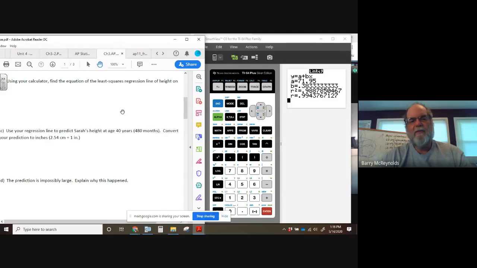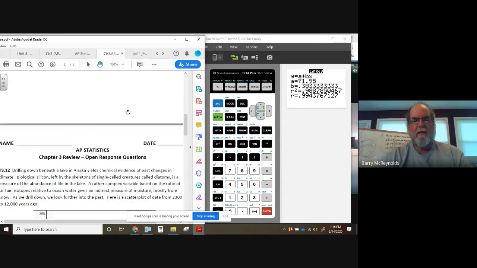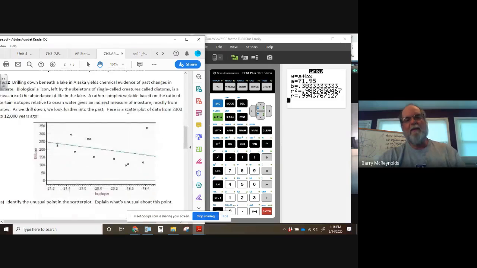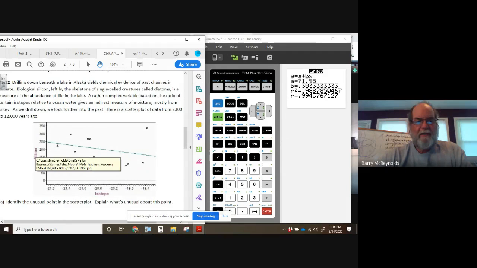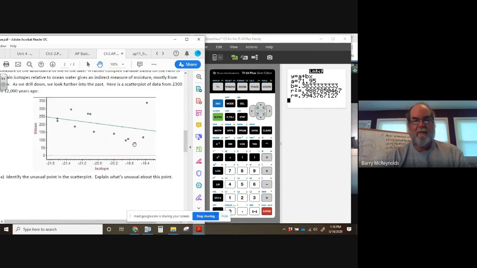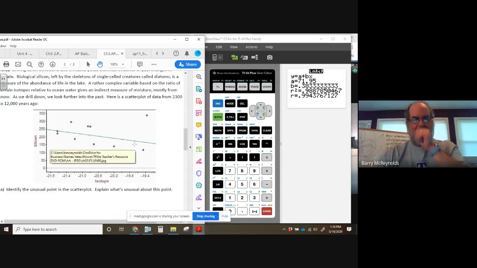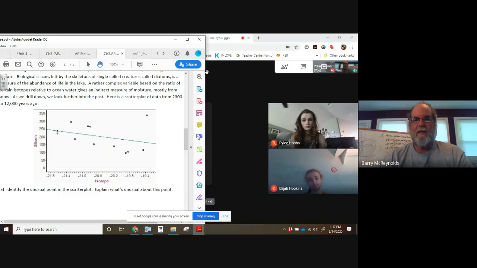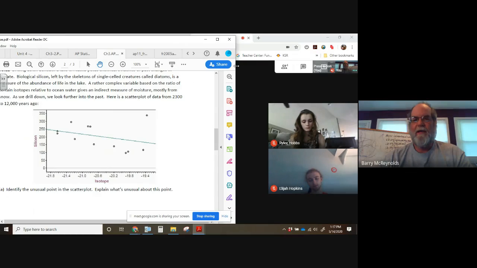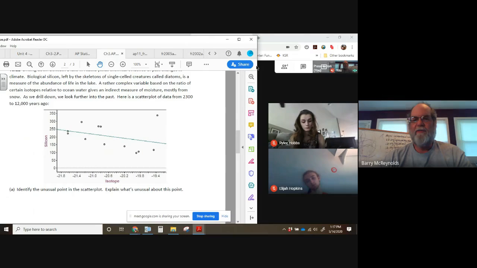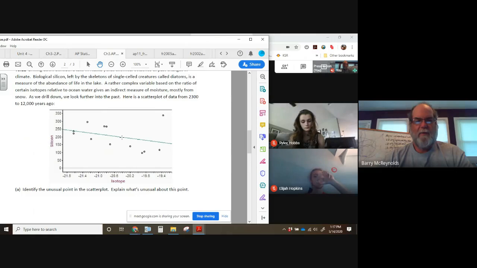So again, though, it's good practice for using the calculator to do your calculations. And it's good to have that in your back pocket to know how to do those if you feel like you need to. But again, I don't anticipate you needing to. I think more likely the scenario you're going to be given, like in the second question here, you're going to be given a scatter plot. Here's the regression line. And you'll probably even be given the regression equation. But maybe not, I don't know. The good thing about this question is there's not a lot of calculations to do. And so I think the questions that are asked here are reasonable and fair for what you might see next